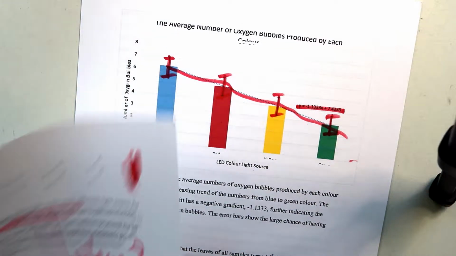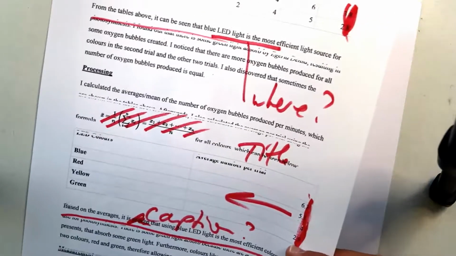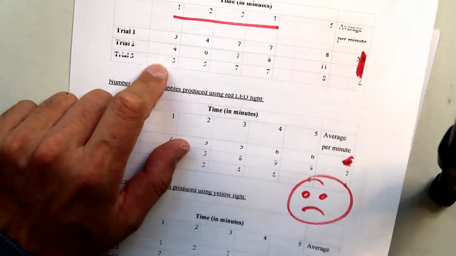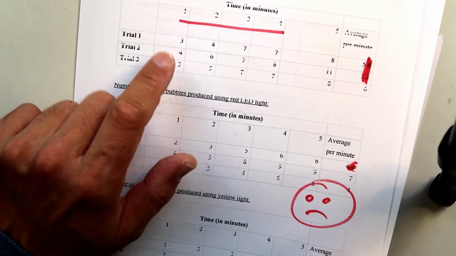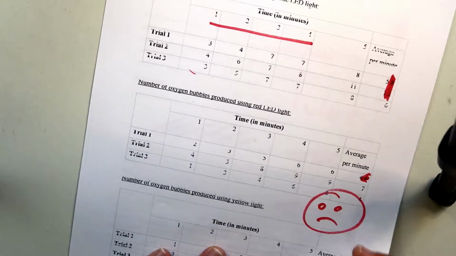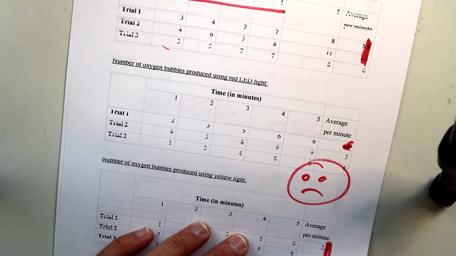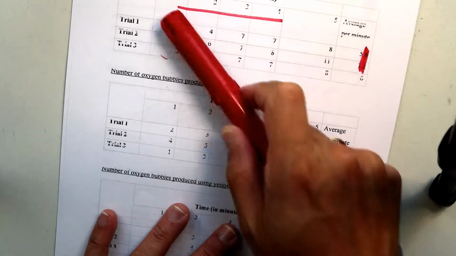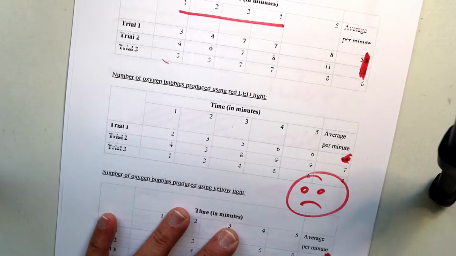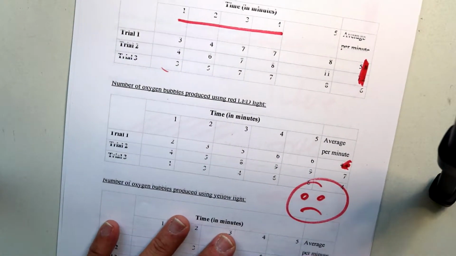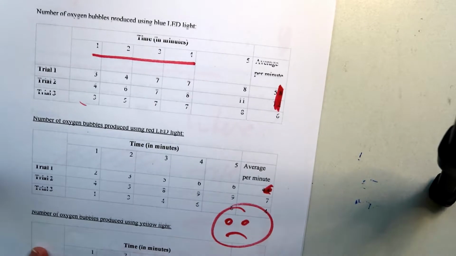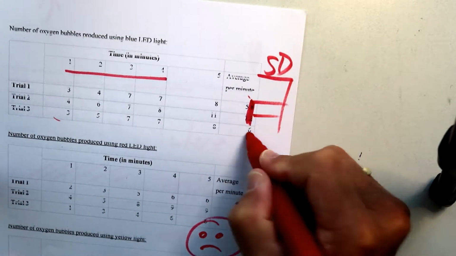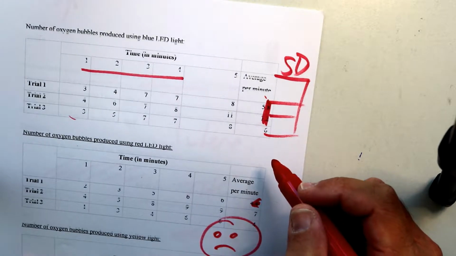Look, how many trials does she have? She only has 3 trials anyway. I doubt that it makes a lot of sense even to calculate a standard deviation from these. Standard deviations only make sense, I think, if you have about 7 to 10 different repeats. It's not very meaningful here. You know what? For the sake of our purpose, it doesn't matter. So my advice here would be not only have the averages, but also have a standard deviation column, and for each trial,